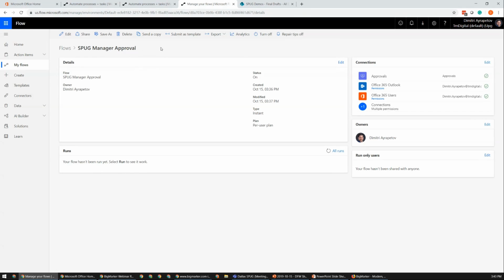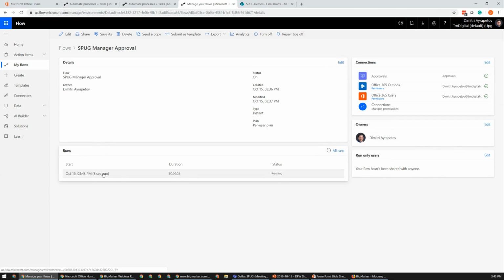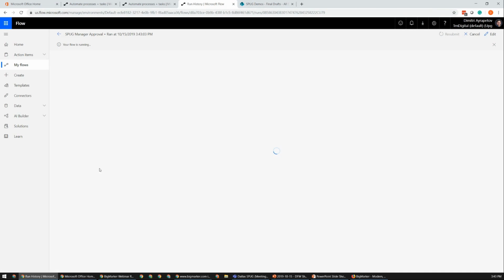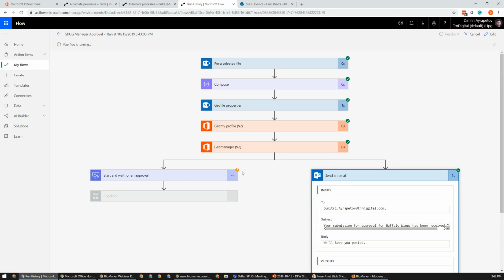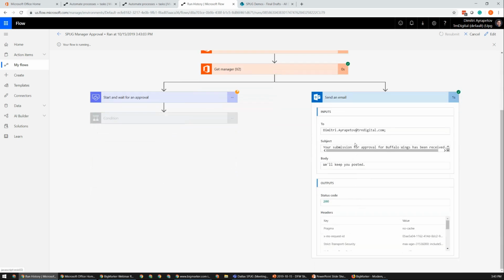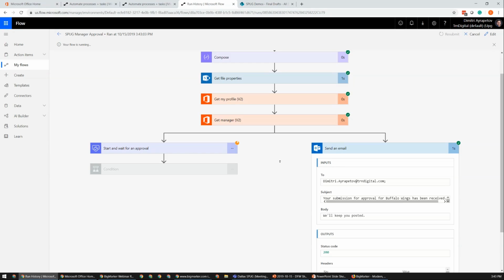And if I jump back to the same page where we have the flow definition, and if I refresh it, we'll see that this flow is currently running. If I click into the flow, I can actually see where within the flow process it is. So we see these green check marks that things executed successfully. We can see the amount of time that each of these steps has taken. We can also see where the flow is currently pending, right? Because we have this approval that we started. We also have debug information if we click into it, and this gives us a little bit more insight for when we run into problems. And overall, this makes it a really easy way to see how things are going.